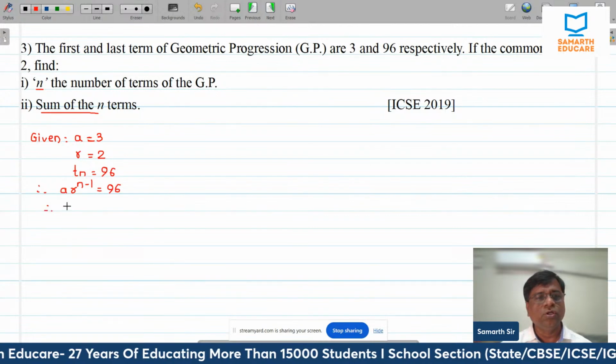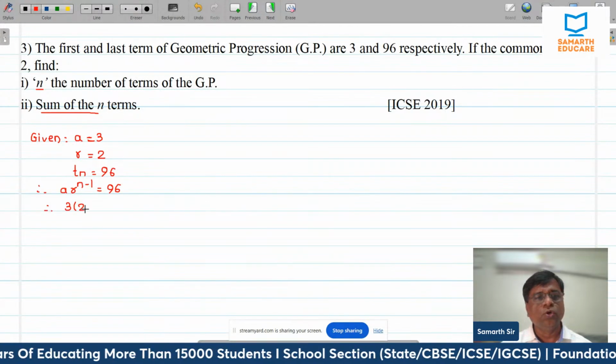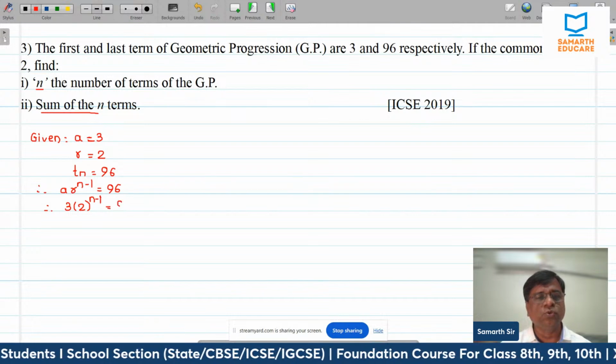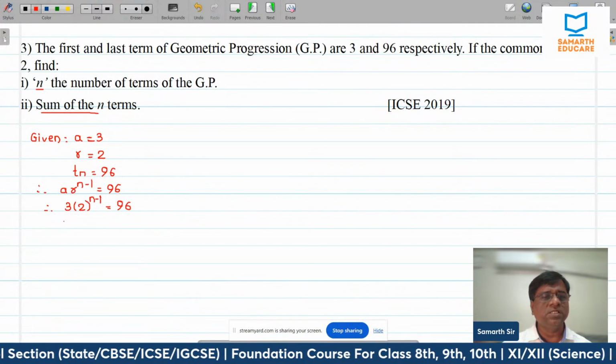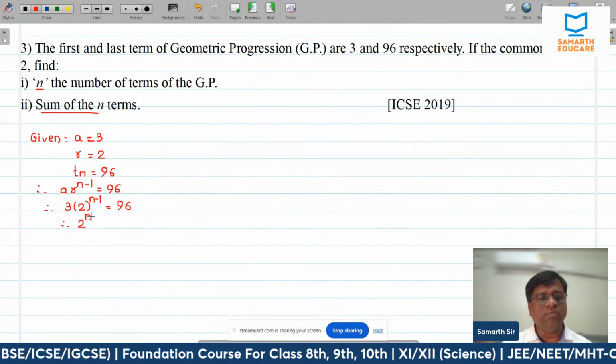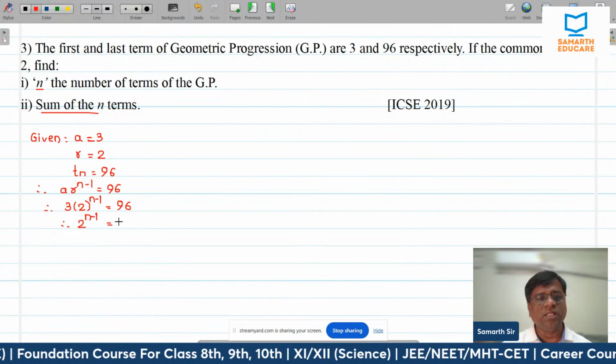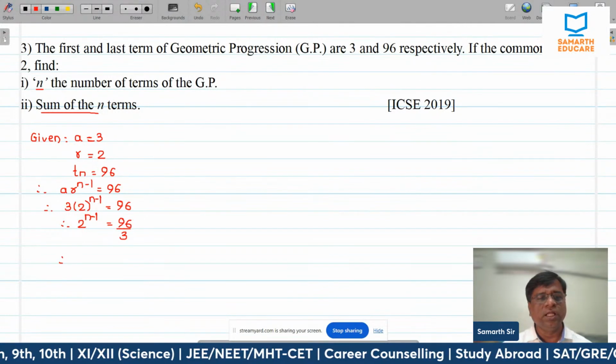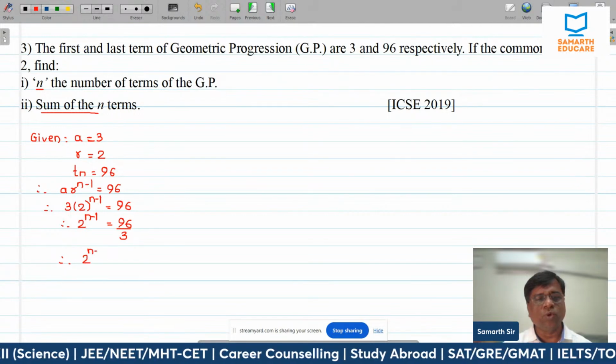So here 3 into 2 raised to n minus 1. Can you see again the common ratio is 2, and the term is 96. If I divide by 3, or if I cross multiply this 3, then this is the case. Then 2 raised to n minus 1 is